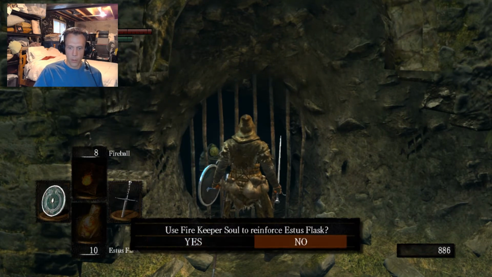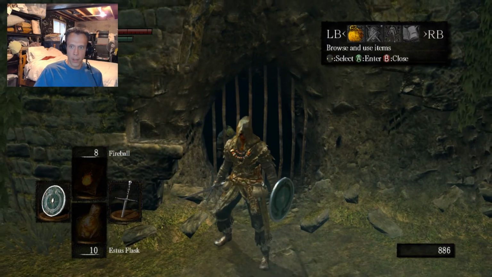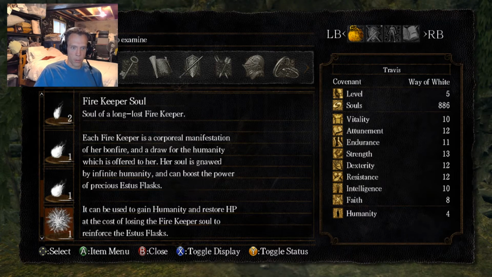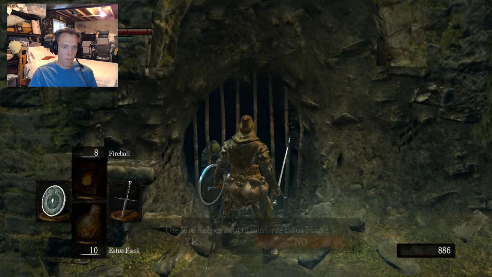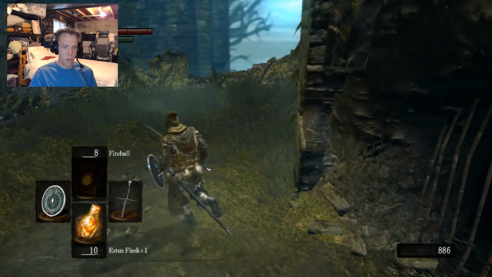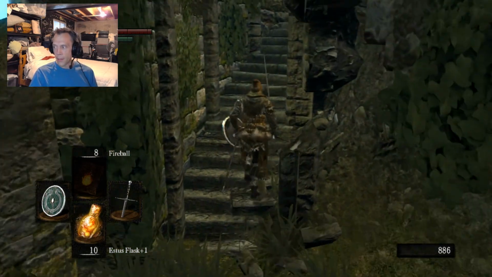Use Firekeeper Soul to reinforce Estus Flask. Oh, not yet. I want to look at what the Firekeeper Soul is first. Soul of a long-lost Firekeeper. Each Firekeeper is a corporeal manifestation of her bonfire, and a draw for the humanity which is offered to her. Her soul is gnawed by infinite humanity, and can boost the power of precious Estus Flasks. It can be used to gain humanity and restore HP at the cost of losing the Firekeeper Soul to reinforce the Estus Flasks. Alright, so we want to use it. Estus Flask reinforced. So I believe what that does is it gives us more healing per use. So with that done,